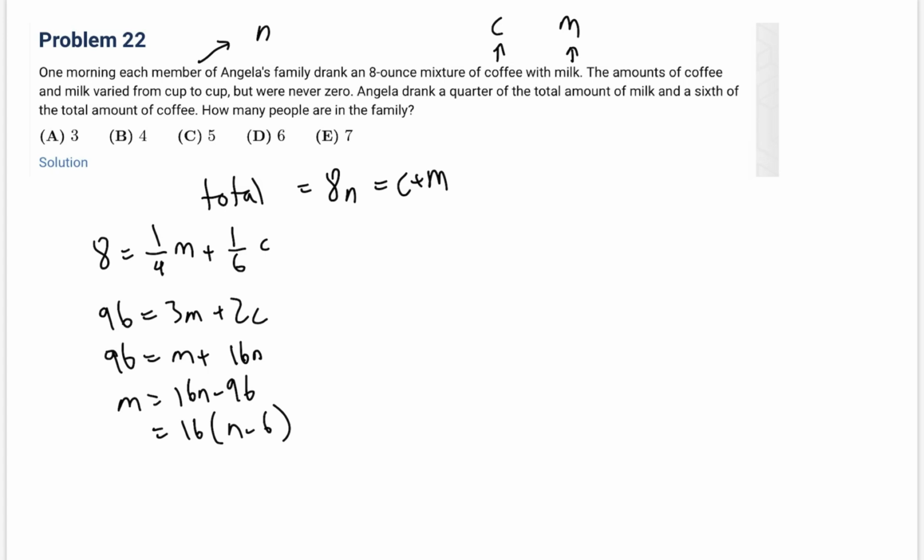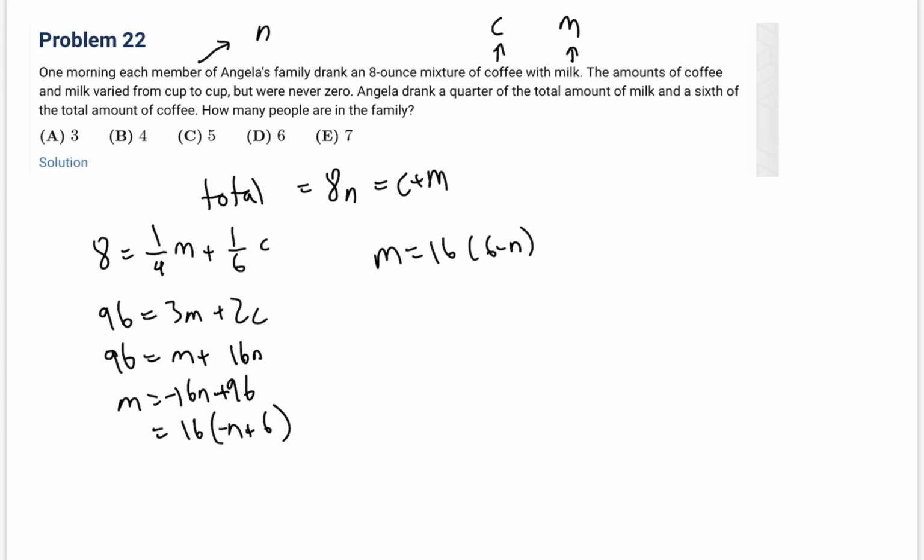So for this to happen, no, actually m is minus 16n and plus 96, so it's 16 times 6 minus n. Yeah, I briefly got the plus and minus mixed up. And so m is 16 times 6 minus n. Let's move this up here. Then if this is correct, then